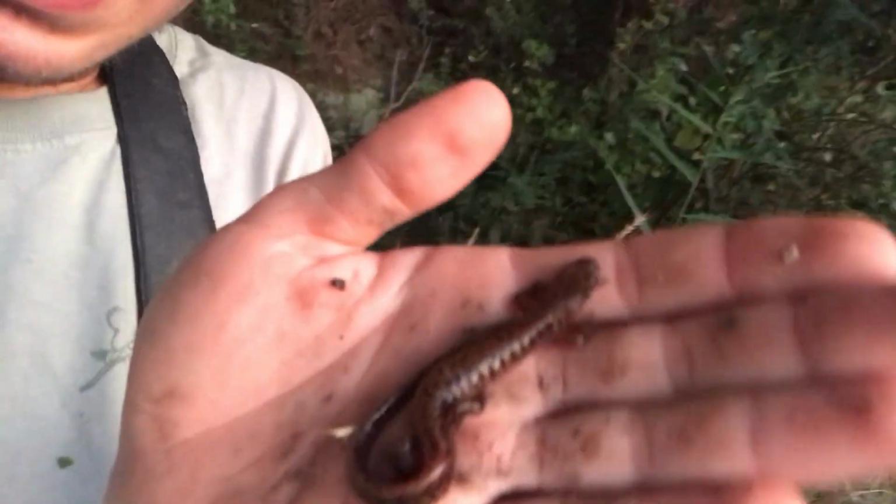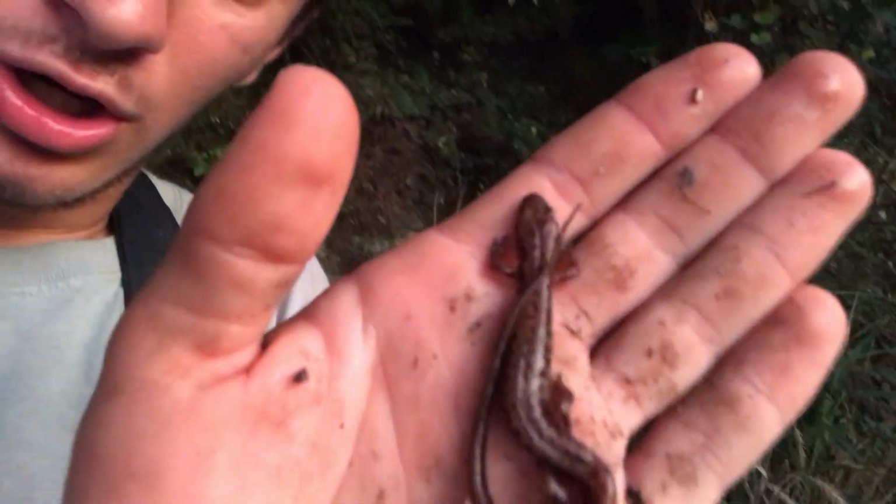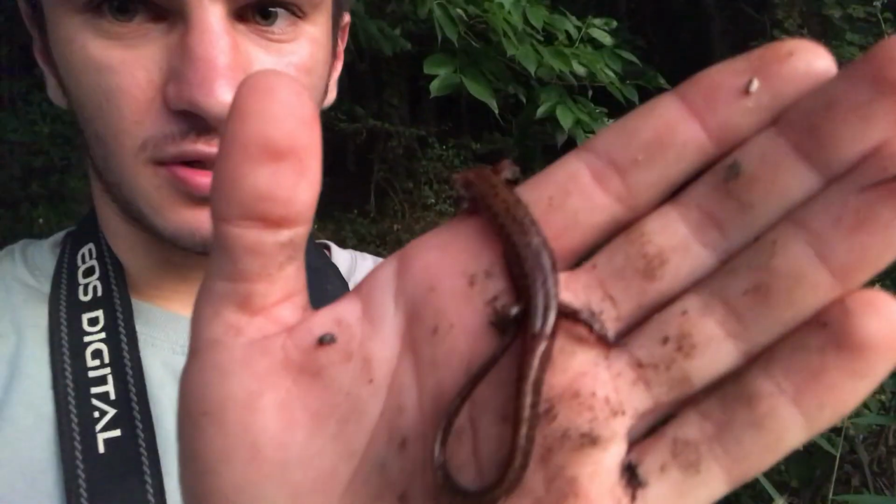And look at this thing. What we've got right here, it's not a 3-lined salamander at all. It's a long-tailed salamander, which is really cool because I'm really not used to seeing this species in West Tennessee. I'm used to seeing 3-lined salamanders, but out here in this region you get long-tailed salamanders instead,